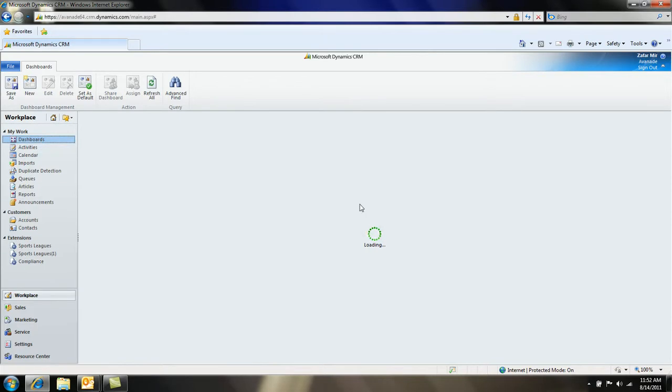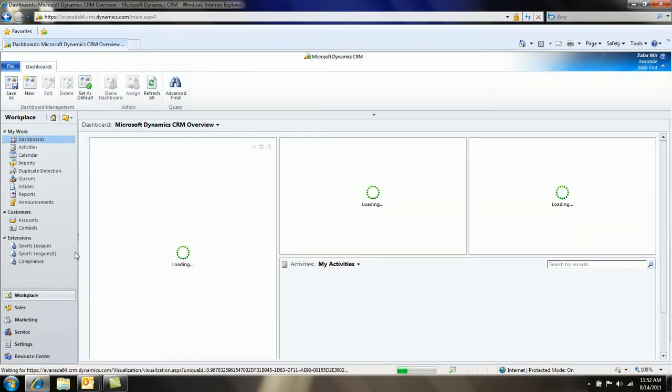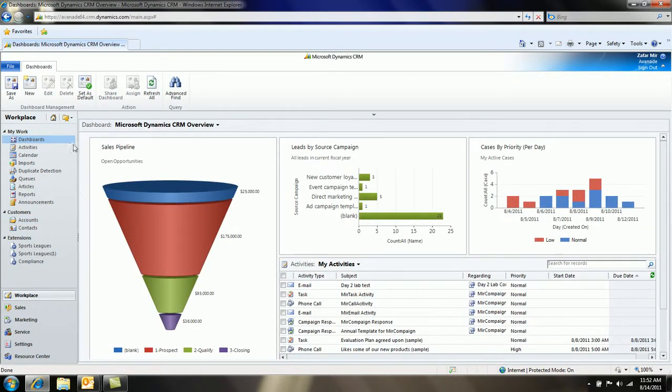Let's give it a minute. Keep in mind I'm using Microsoft Online, which is hosting a database on the Microsoft site, so sometimes it takes time to refresh. So on the workplace, on the dashboard, we have an option called new,